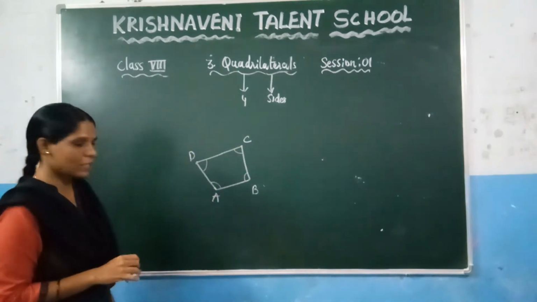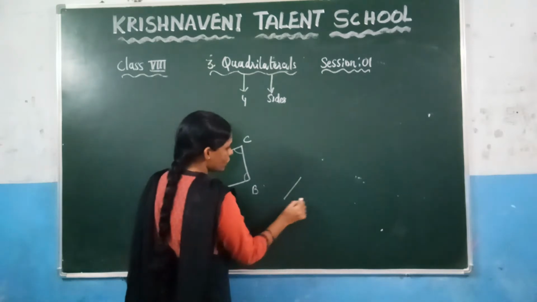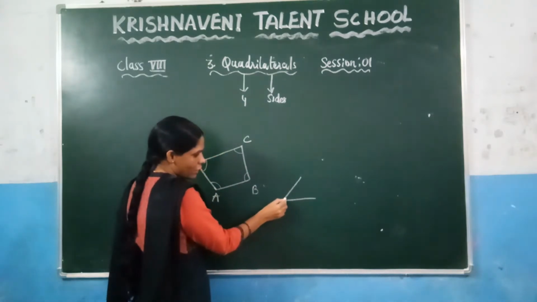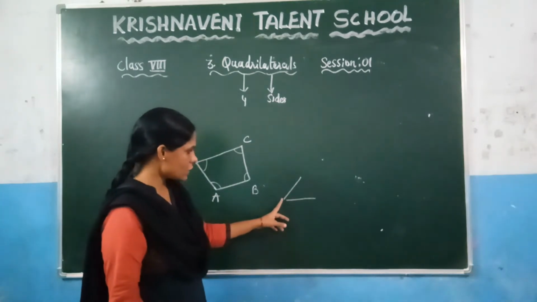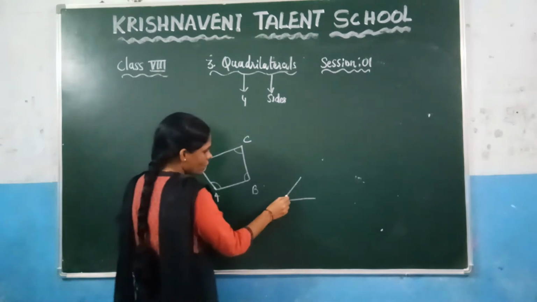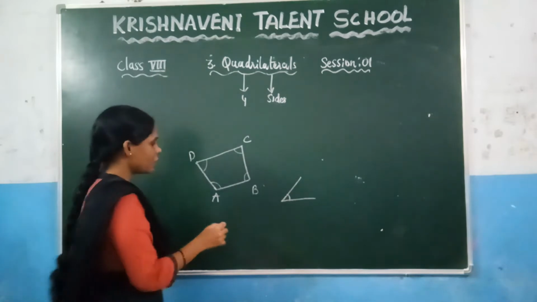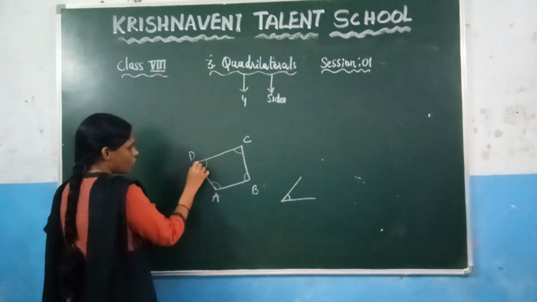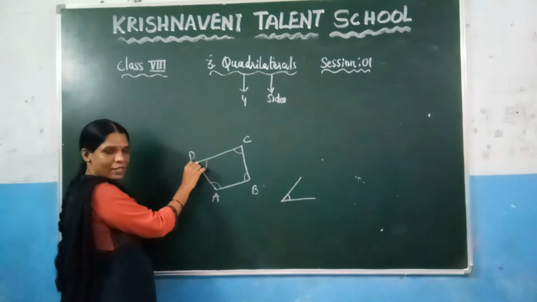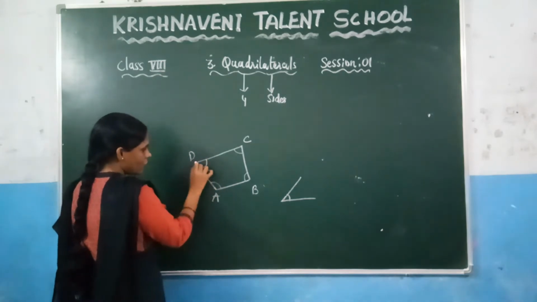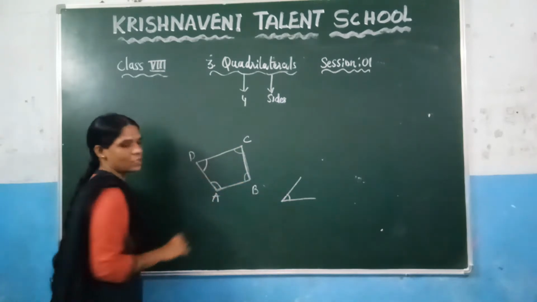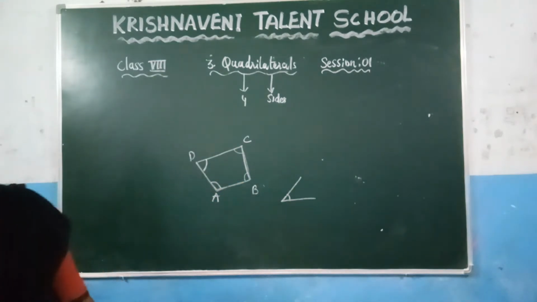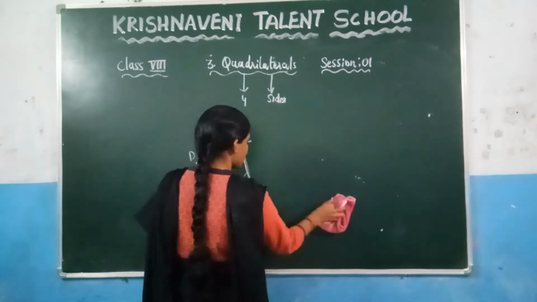What is meant by the angle? That means if you take any two rays, and these two rays join at one point, here you can observe that this is not an angle because these 2 points are not joined. So if these two lines join at one point, one angle will be formed. Similarly here, these two lines are joined at this common point. We call this common point a vertex. So here one angle will be there. Here also these two lines are joined, so an angle will be formed, and similarly the remaining ones. So how many angles are there in a quadrilateral? There are 4 angles. What are those?